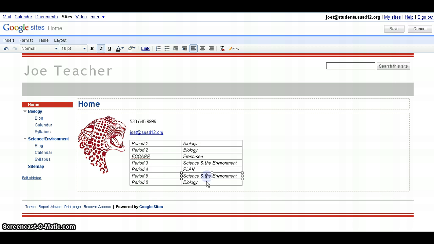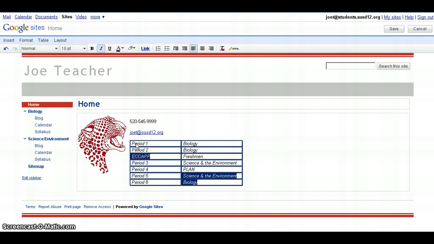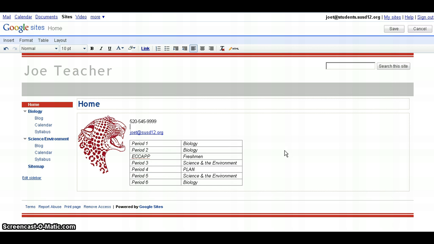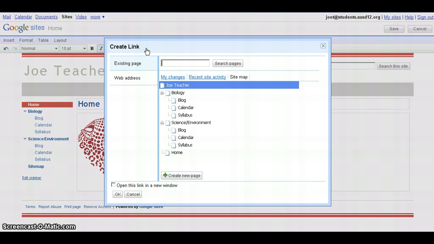Here we go. I admit I had some trouble changing the italics here, so I'm just going to leave that as italics. Apparently if you type text inside of a table, it will be in italics forever. The other thing you could do if you want is highlight biology, for example, and I can click the link button,